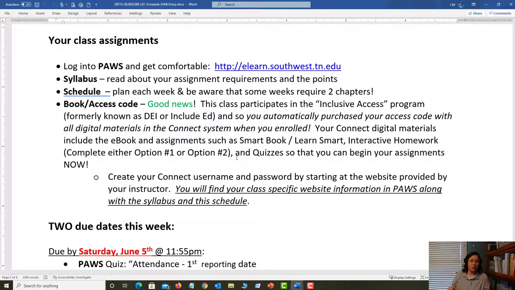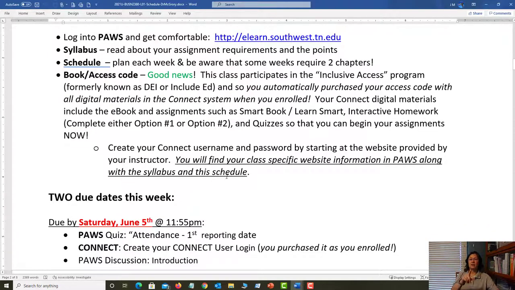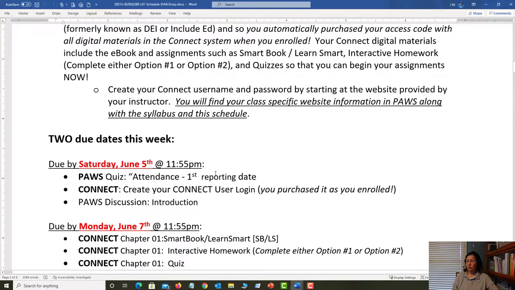The way that you do that is by starting at the website. Even if you're in 2 or 3 classes and they're all giving you this website, the very first time you must start at that website, because that's how, when you enter in your username and password, Connect goes, oh, here's that username and password, and here's the course that I need to connect to. It's through that first initial login by starting at that proper website. All right, so I need you to do that. And that's what I'm saying here. Where are you going to find that information? It's going to be available to you in PAWS. So another important reason to log into PAWS on the first day.